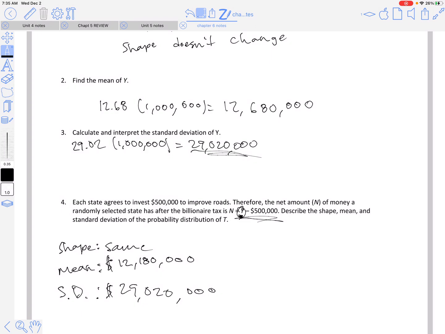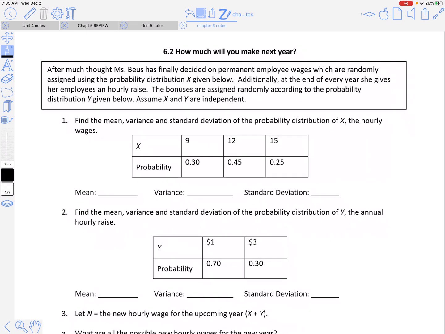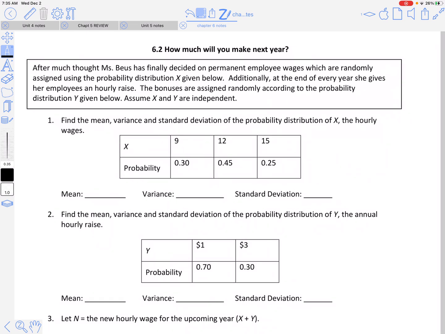All right, so that's what you need to know for the first half of 6.2. The second half of 6.2 is combining probability distributions, so combining random variables. We're going to go off the same story problem to help us visualize this. I put this data into my calculator, this into list 1 and this into list 2, ran 1-Var Stats with L1 in the X list and L2 in the frequency list, and it told me my mean was